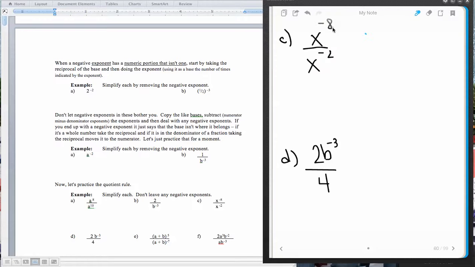So let's do it the good old-fashioned way. Negative exponent, a negative 8, and then subtract the negative exponent, the denominator. And so now we're going to copy that like base, and this is negative 8 plus 2, which is a negative 6. And then from there we say, oh, the reciprocal of x to the 6th power, so 1 over x to the 6th power. Now what I find is students are not really super good about having integer operations still. This can still be quite painful. And so in the next video I'm going to show you a